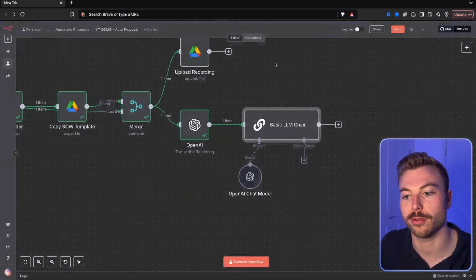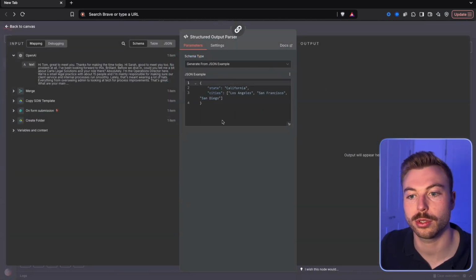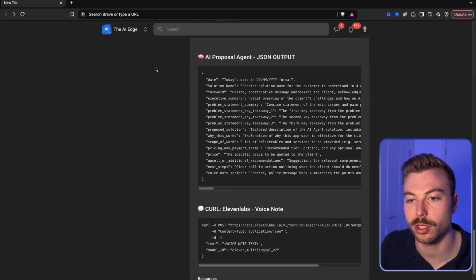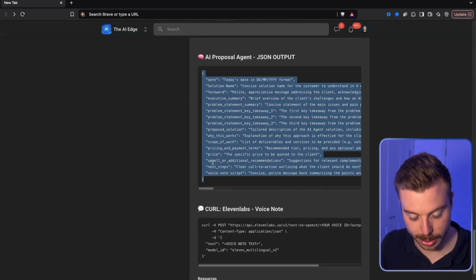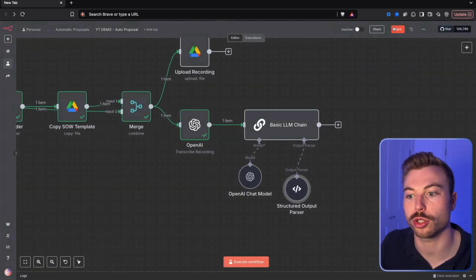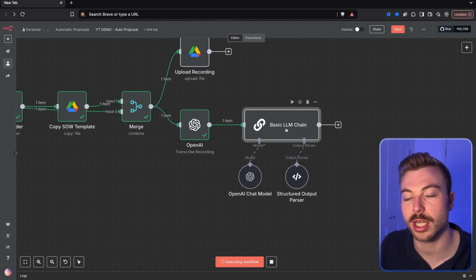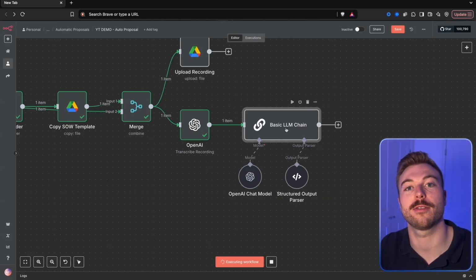So we're going to come out of here, we'll come down to output parser, structured JSON output. We're then going to need to get rid of this. To do that, we'll come back across to our community. We'll come down and copy this template here. And what this will do is it'll enable us to have a really good structured output that we can put straight into our document. So now if I do test step, instead of getting one massive lump of text back